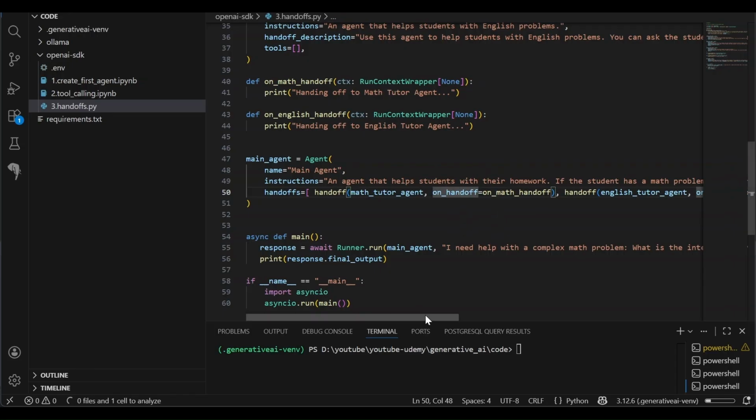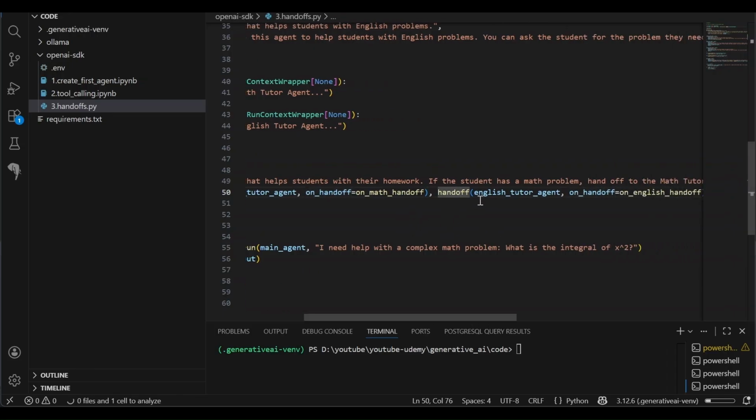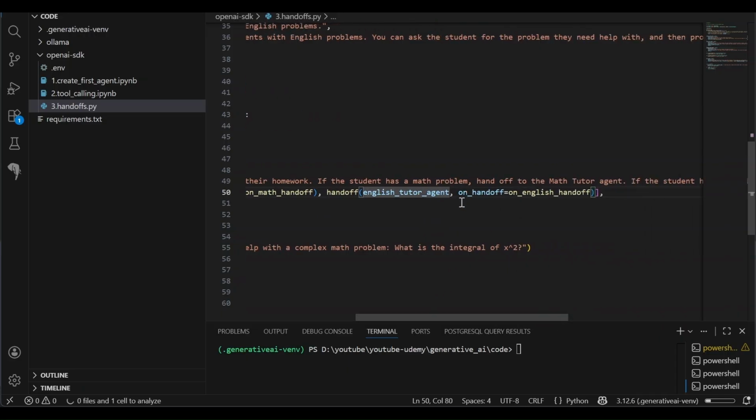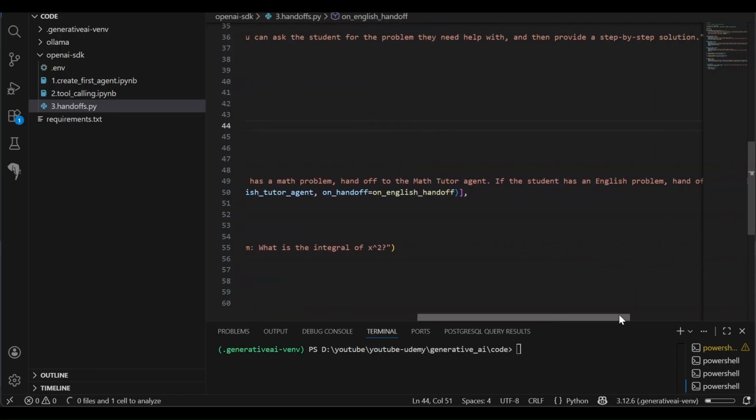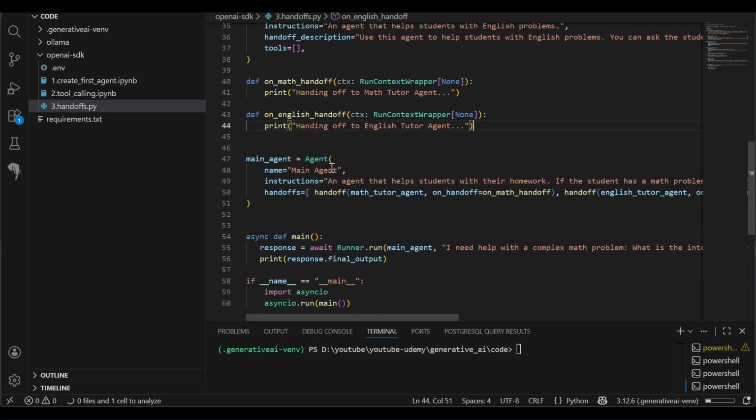Clear? Okay. Now this is a second handoff. The second handoff is the English tutor agent. And in the English tutor agent, again, this is a method, which is on_english_handoff, again simply for logging purposes. Okay. All right. So when we call this agent and when we pass a prompt, so here you can see